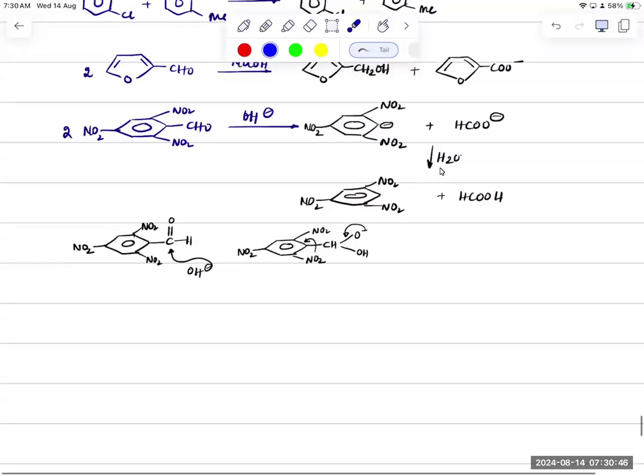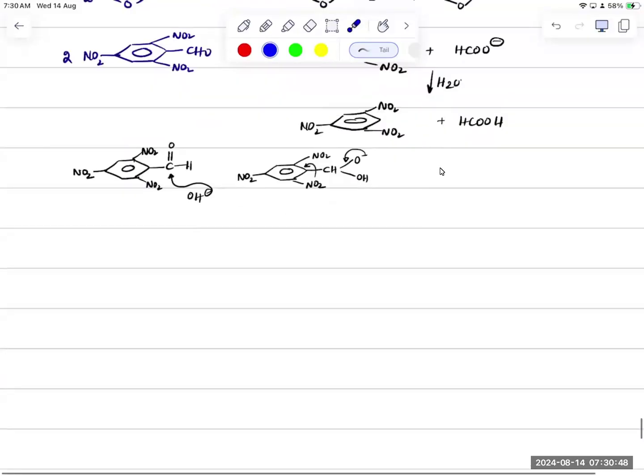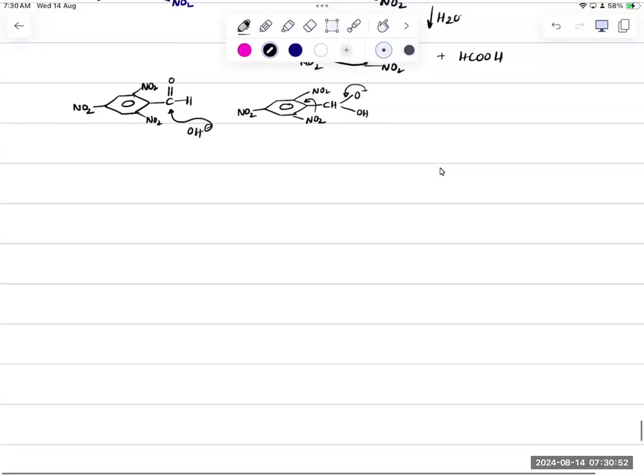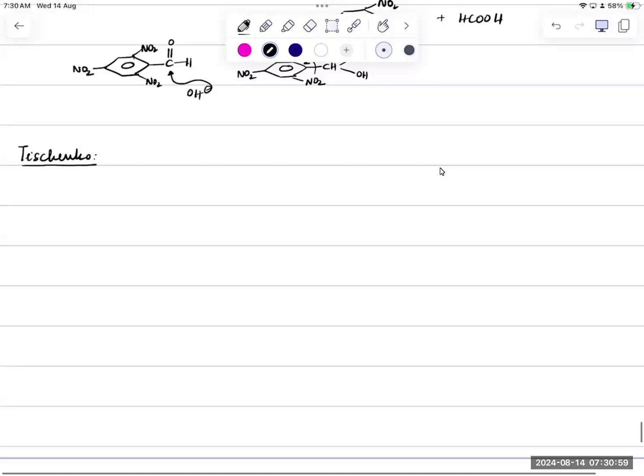Right. Next, let us see the other applications of Cannizzaro, which are very similar to Cannizzaro. One of them is Tishchenko. Honestly, Tishchenko is not in the syllabus, but by chance, if we observe a reaction like that, how do we